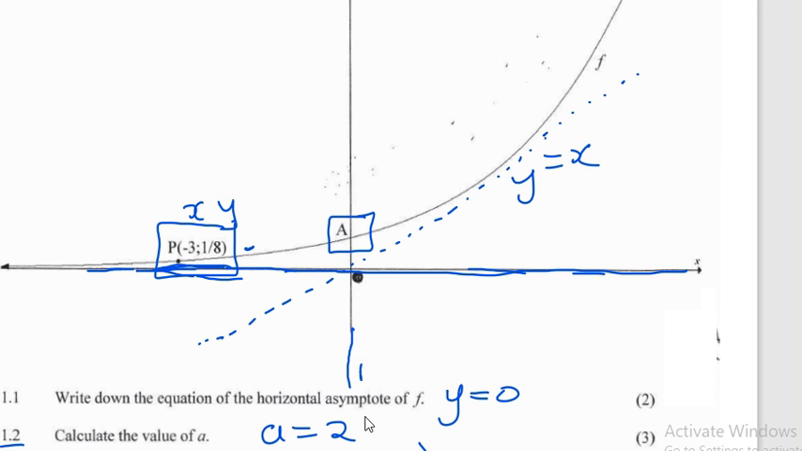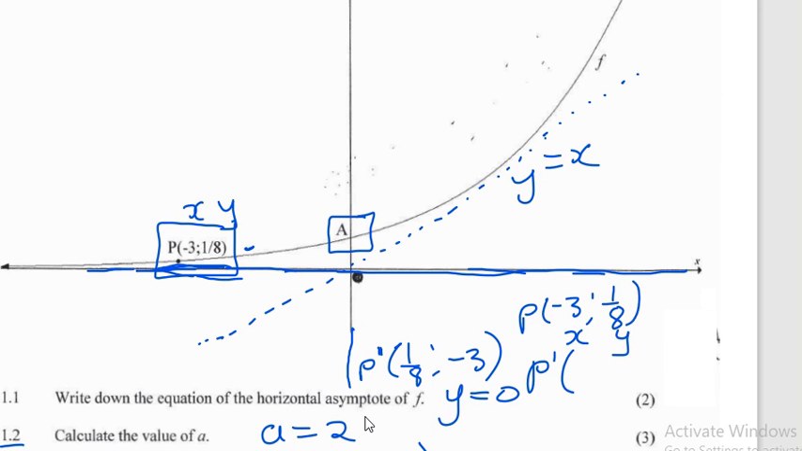So our point P, the reflection of it, will be 1 over 8, negative 3. Because what we are doing, we are just changing the values of x and y, they interchange. So you will have something like this. P is given by negative 3, 1 over 8. So that is x, that is y there. These two values, after you reflected it, you will have y this side and